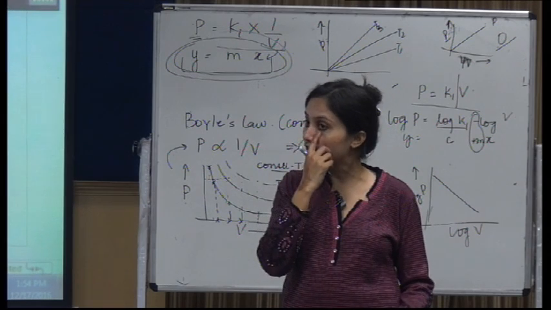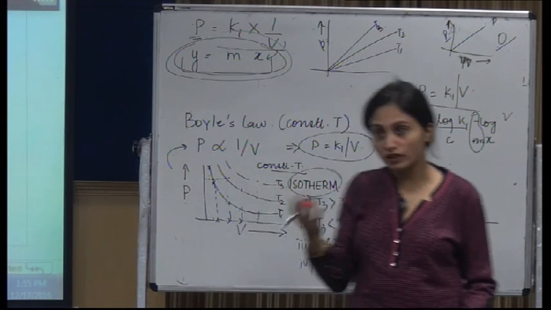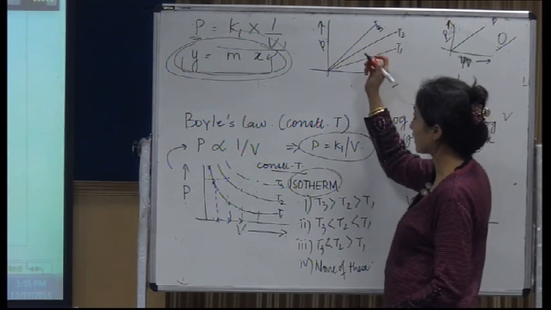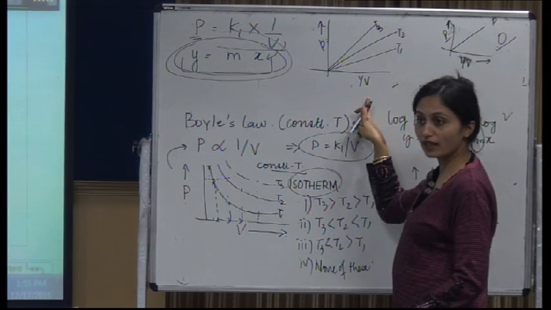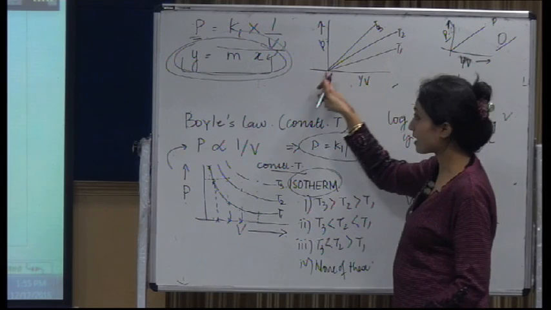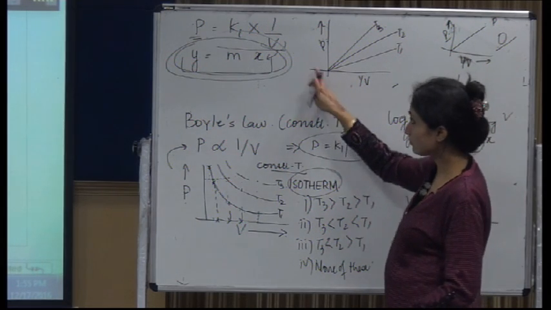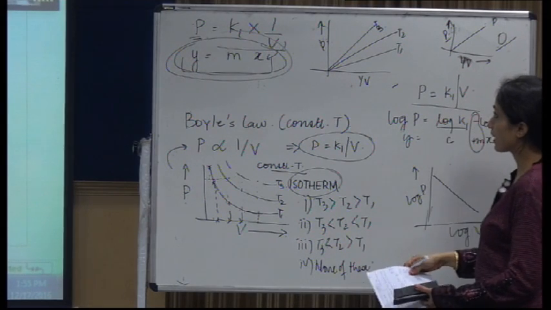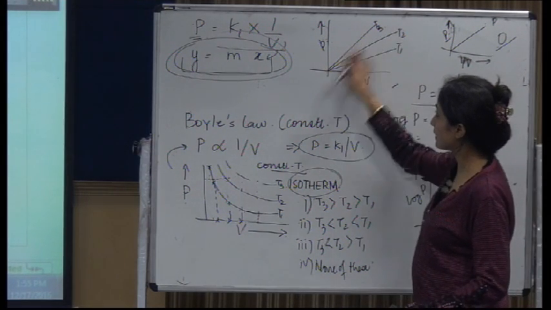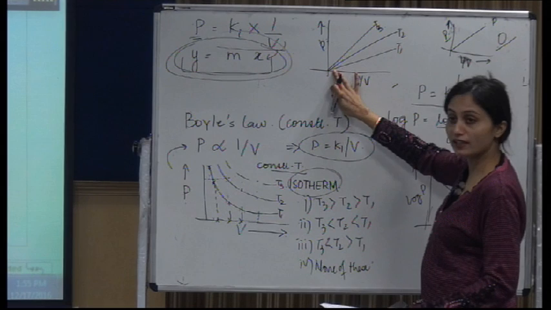So you should rather remember the trend, and remember the logic behind that trend also. Now here this was P versus 1 by V, and this is a straight line passing through the origin. You know why? From the relationship itself. And when you check your relationship, you can easily say that after drawing the straight lines,